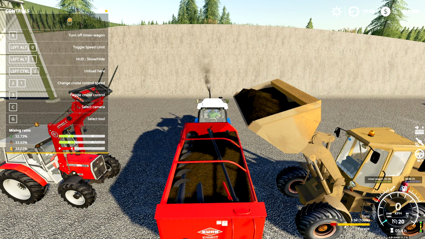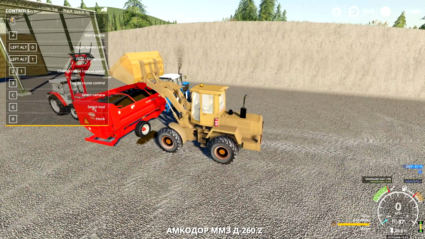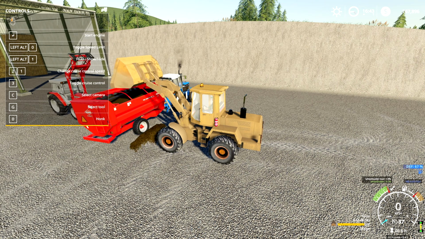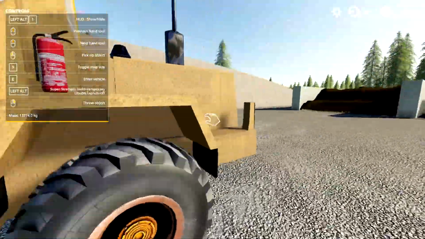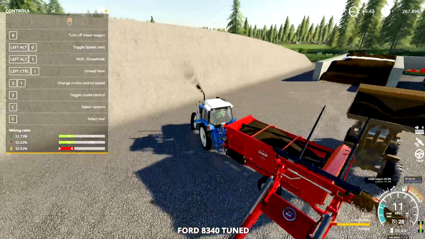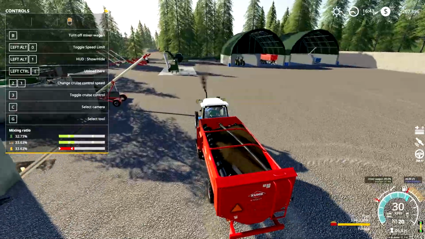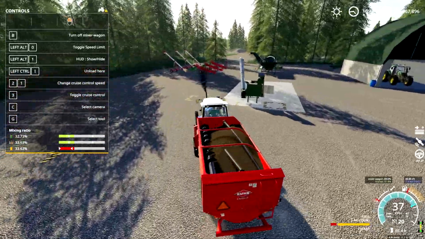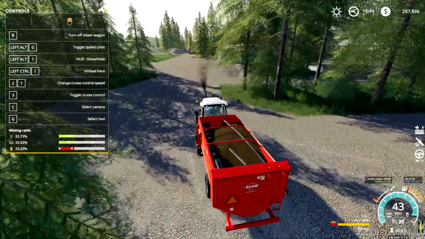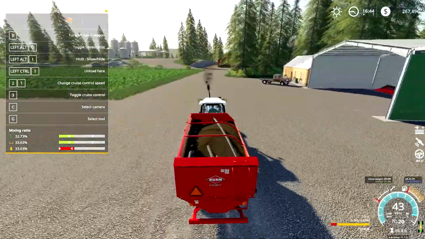The hay is still really, really high. I don't know how we can get that lower. This is just sort of dumping stuff on the ground, which is not ideal. I don't know how we're gonna get the hay lower. I can just do unload here and start again. Let's see what it does if we put this back in there. But